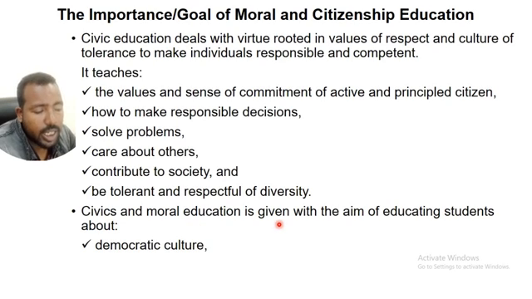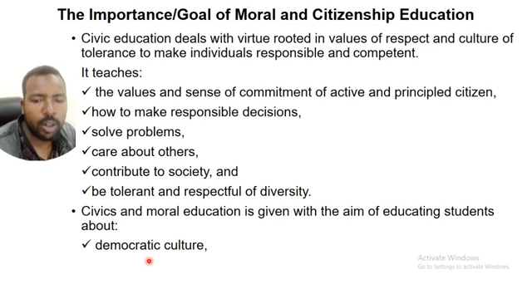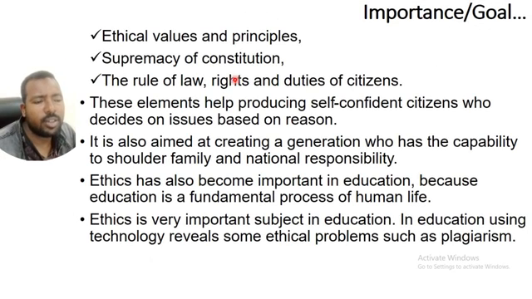So, civics and moral education is given with the aim of educating students about democratic culture, the culture of peace, the culture of tolerance, the culture of respect, the culture of living together, and also ethical values and principles, supremacy of constitution. Those who have complete understanding of supremacy of constitution, the rule of law, rights and duties of citizens. So the aim of citizenship education is to produce those students who are capable of implementing ethical values and principles, those who know supremacy of the constitution, rule of law, rights and duties of citizens. These elements help